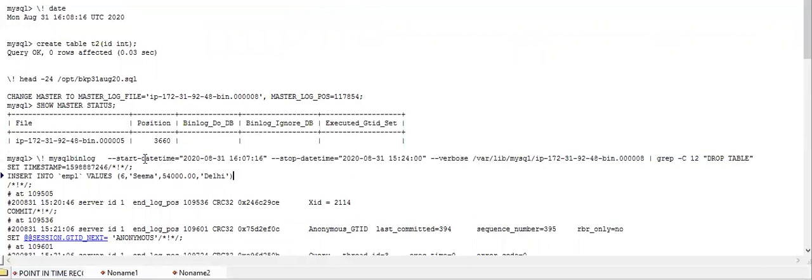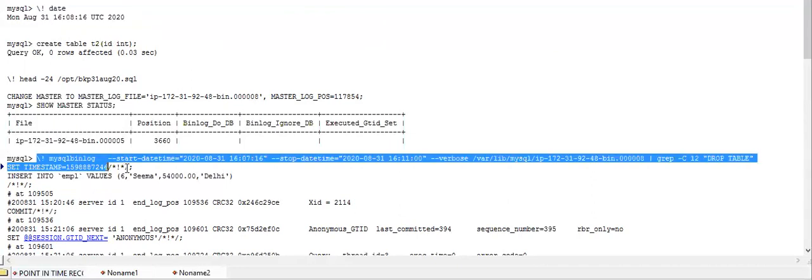So the start date time and the stop date time up to where you want to find that log position. Okay, now we can fire this command to see the actual position of your drop table.